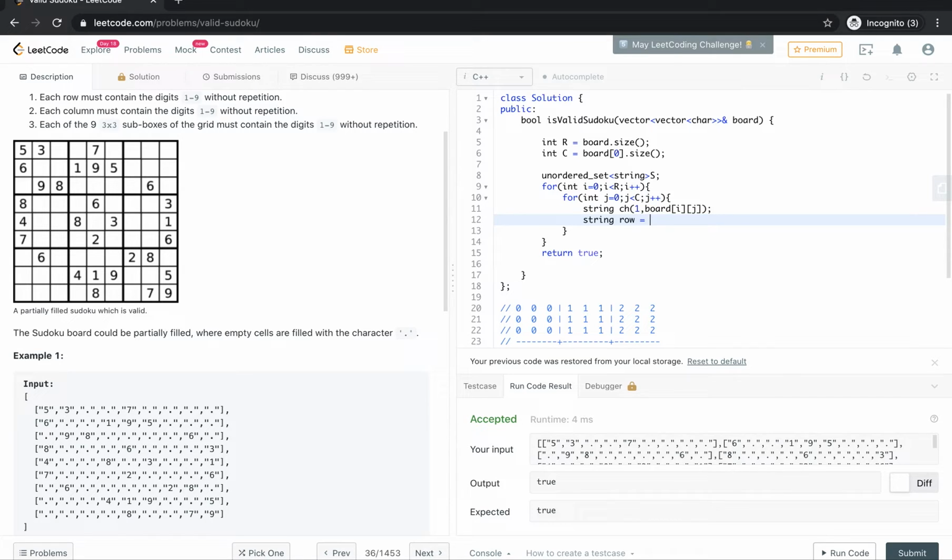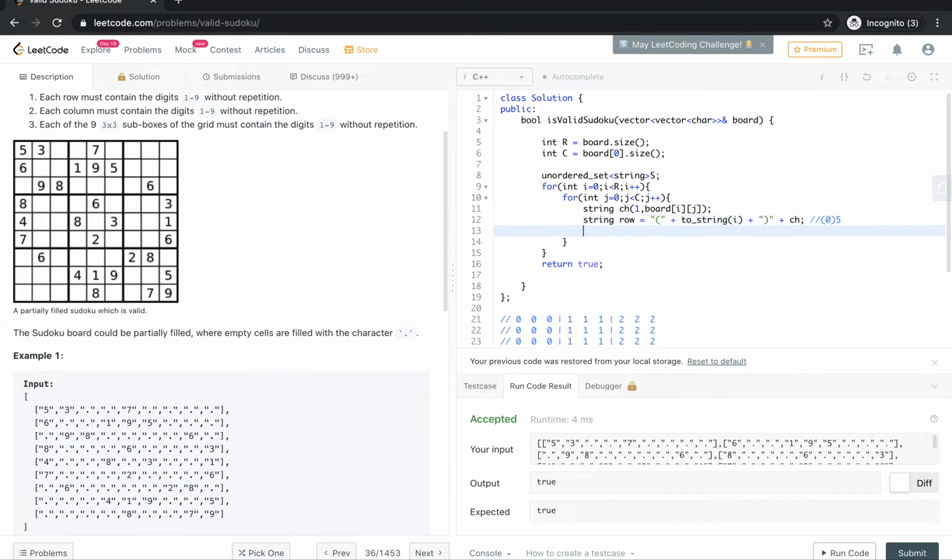So string row is nothing but this parenthesis here plus to_string of i, plus the closing parenthesis here, plus the ch. So for rows, we are inserting the row first, that is if the row is 0, we'll insert 0 here followed by the current character, which is nothing but 5.